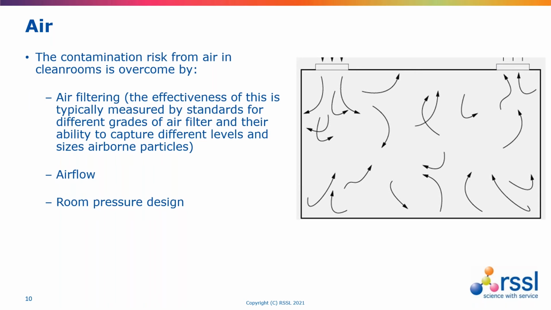So the contamination risk from air within clean rooms is overcome through air filtering, and we can measure the effectiveness of that through different standards for different grades of air filter. So there's a European standard, EN 1822, and an ISO standard for HEPA filtration. And this gives us an indication of the ability of those filters to capture different levels and sizes of airborne particles. But we would need to enhance in the contamination control strategy